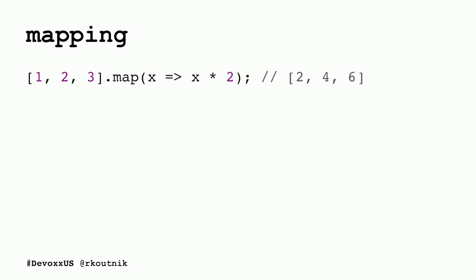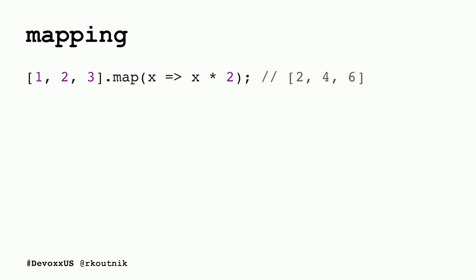And map is a simple concept that takes a collection and a function, an array in this case, applies the function you give it to every item in the collection, and returns a new collection with the results of that function. So we have a function here. It multiplies a number by 2. Have a collection, 1, 2, 3. Result, 2, 4, 6. Not too complicated.